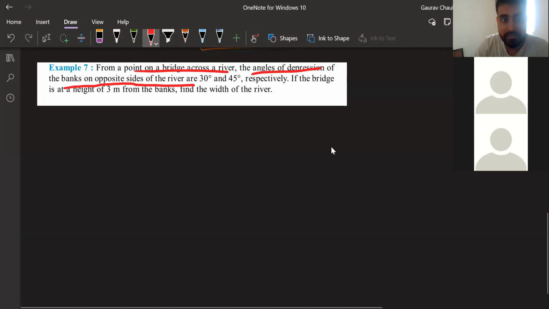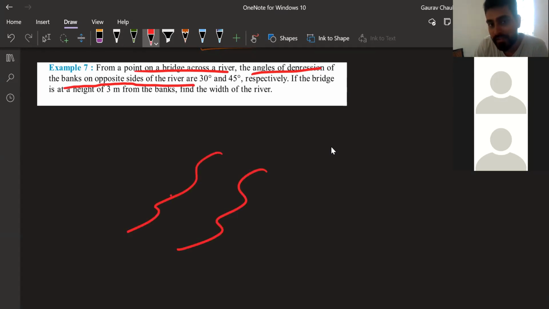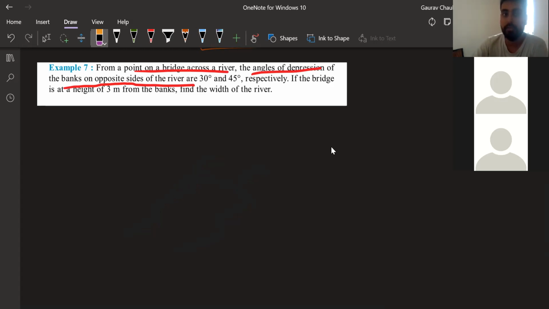Obviously this river is flowing, and there's a bridge going on top of this. So there is some point here from where you can see the bank. You're seeing it from here and you're seeing it at this point here. Dilruba, can you imagine this? Yes, sir. So you're seeing the banks of the river on the opposite sides. Obviously the bank is a very long thing, but they are looking at one point on the bank. They're not going to look at the entire bank. You're getting that? Confusion hoga shayad, right? Yes, sir. Let's take a breath here.